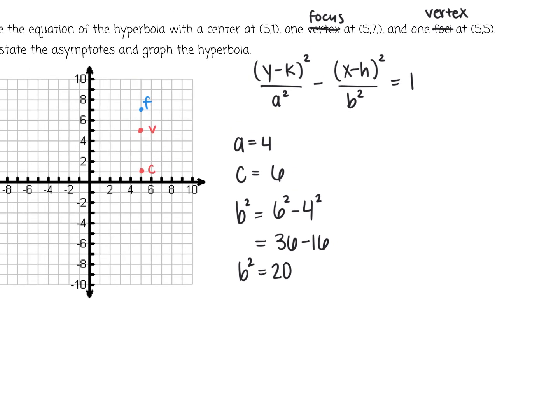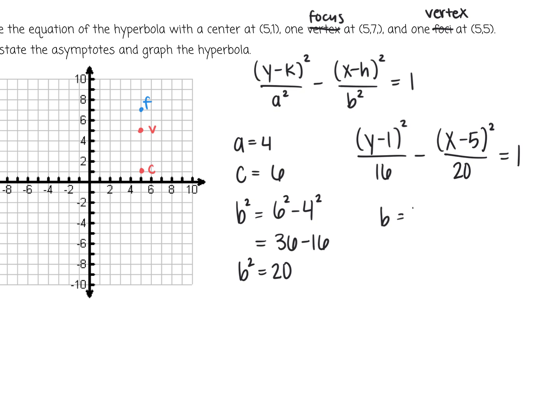So now I write my equation. I'll have (y - 1)^2 over, and then 4^2 is 16, minus (x - 5)^2 over b^2, which is 20, equals 1. So that's my equation. In order to graph it, I need to know the equation of my asymptotes, which means I do need to go ahead and find b, which is going to be the square root of 20,